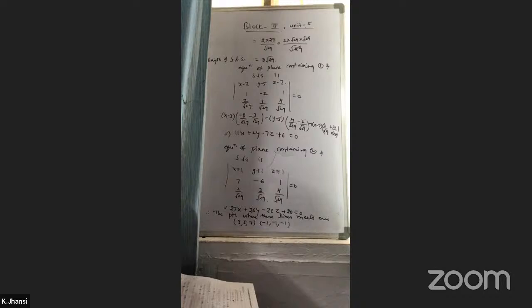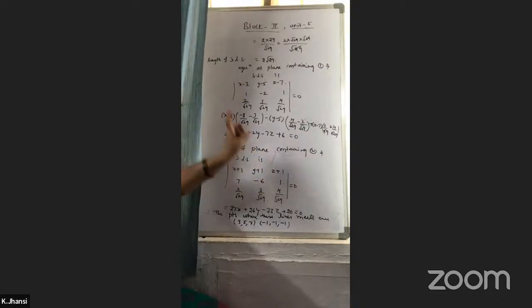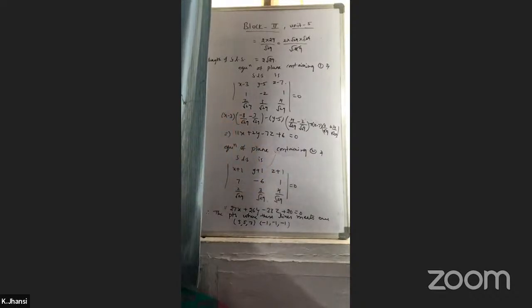All the line equations given are in unsymmetrical form. For the unsymmetrical ones, we have to find the length and also the equations. One method is converting the 2 unsymmetrical forms into symmetrical form, and then, as in the first method problem, we can find the solution directly with the help of the formulas. Or else